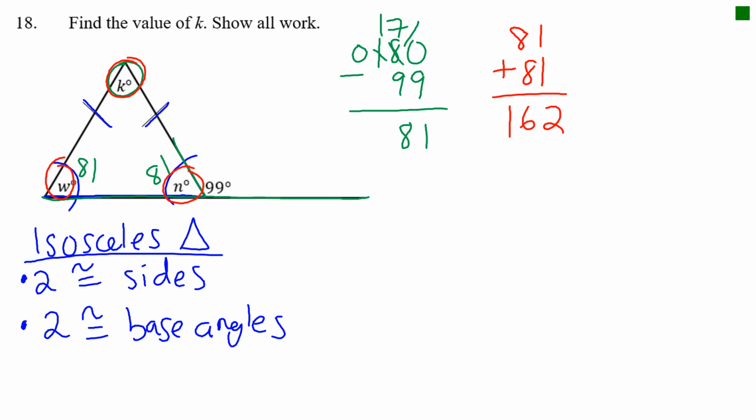So then finally, to find angle K, which is what we really want, we're going to take 180, which is what all 3 angles should add up to, and subtract the bottom 2, which was 162. Can't do 0 minus 2, so we take 1 from 8, 8 becomes 7, 0 becomes 10. 10 minus 2 becomes 8, 7 minus 6 is 1, 1 minus 1 is 0. So the final answer is going to be K equals